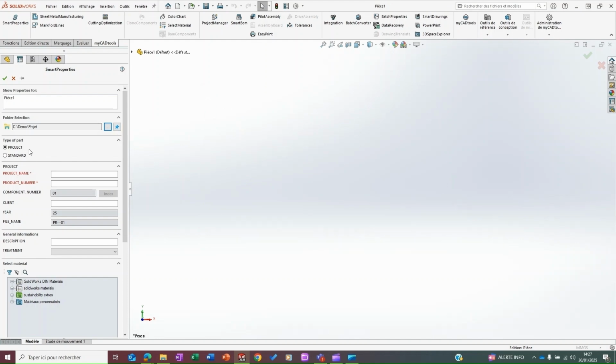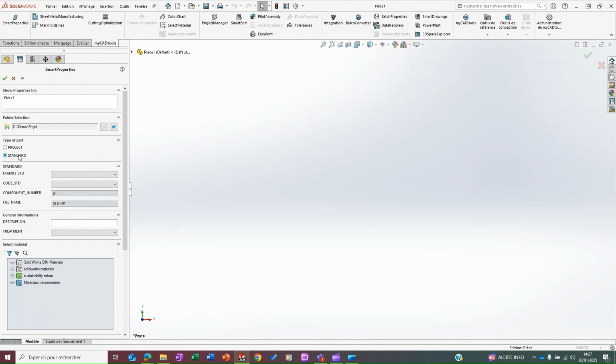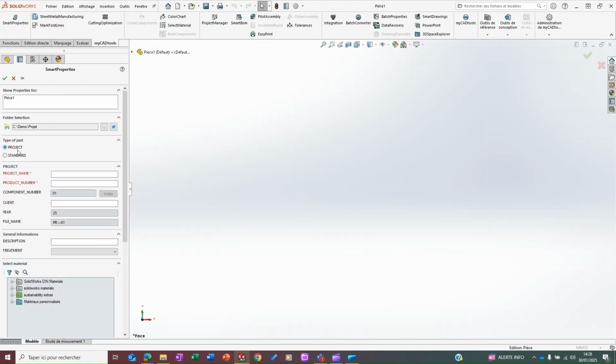Here we created two types of parts. All of this input mask is fully customizable. We just created two types of parts, project and standard, because you can see what we can do and what we can't do. Standard is a drop-down menu, so I select properties from the list. On the project type of parts, it's a write-down type of input mask, which means I have to write down